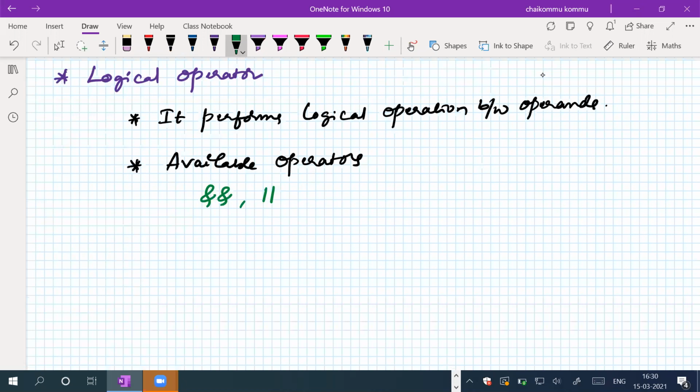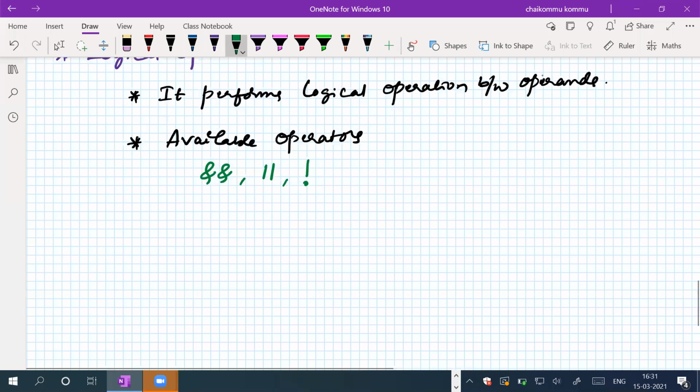Logical not. It is a logical not actually. Negation we can use in a different fashion, but this is a logical not. So these are the three logical operators that normally we use. So we perform some kind of operations on it so that we can clearly understand this one. See, the negation also can be used.